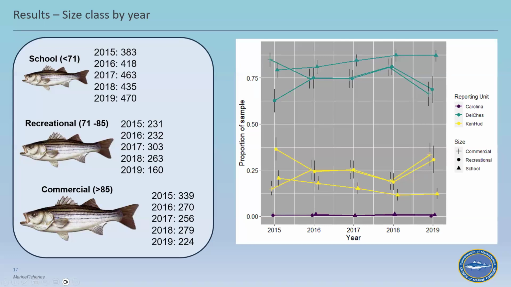I have a few questions, and they're more like what you meant by Delaware, Chesapeake, and Kennebec Hudson. So when you say that, do you mean fish that spawn in the range from the Chesapeake to the Delaware, or like Chesapeake and Delaware? And the same thing for the Hudson to the Kennebec.